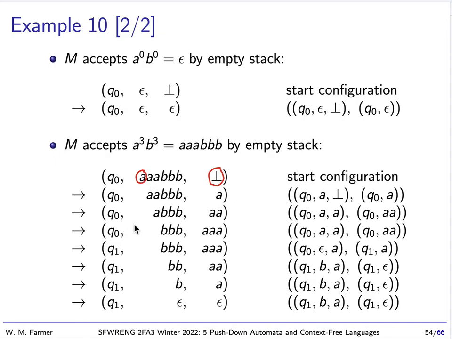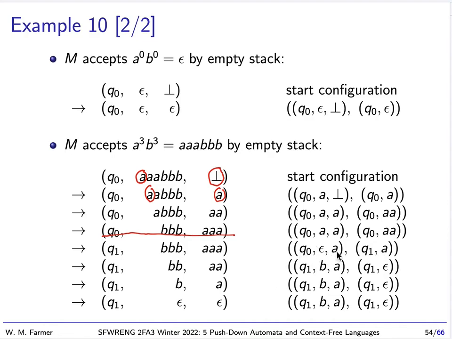And so we'll be reading A, and we have this on the stack. We're going to use this transition. We're reading A, we have A on the stack. So the key thing is we take A and we pop it off and we put 2 A's. So we get this new configuration. And we're staying in the state Q0, so we do that again, and we get into this configuration. Notice there's no more A's here. Now what we do